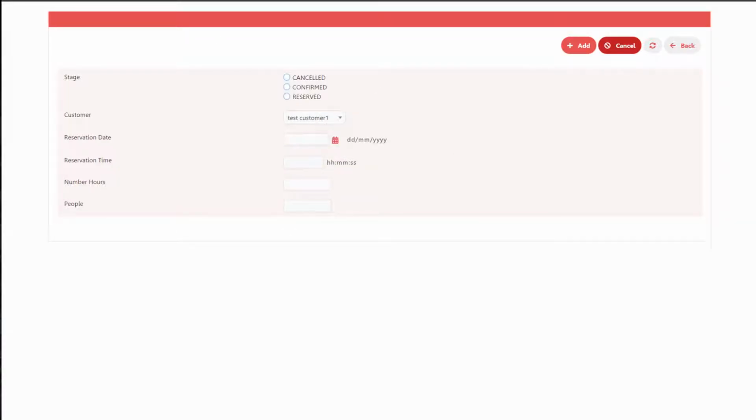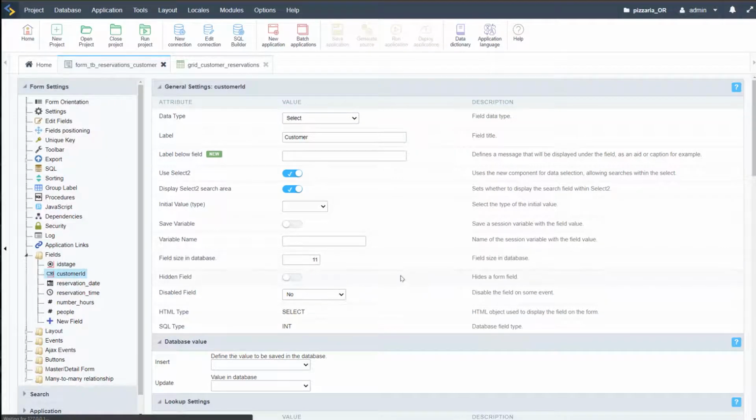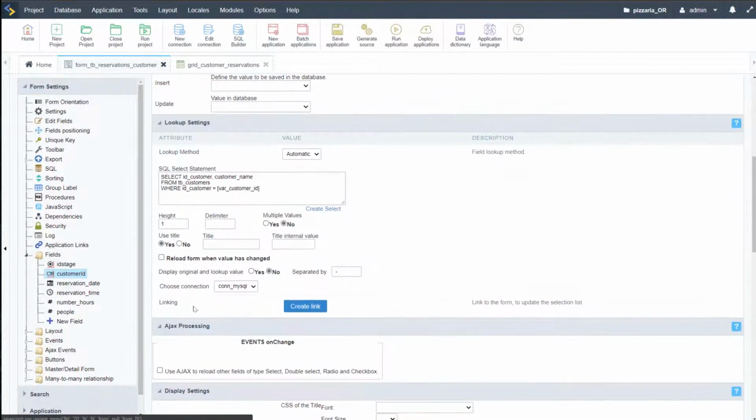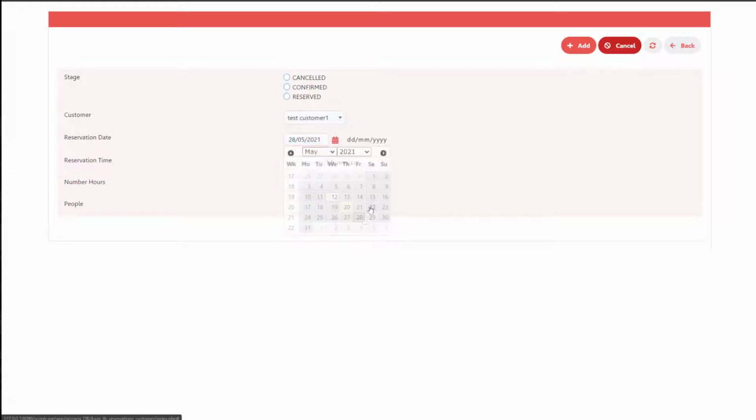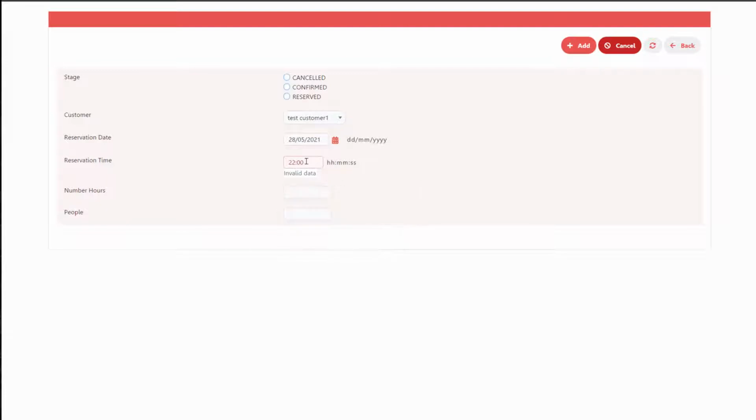Okay, so we could remove the title really. So I'll come back here to customer ID, and let's remove the title. It's really not needed. And then we can specify the reservation date, time. So I come here, specify a new date in the future, of course, the time, 2200 hours,